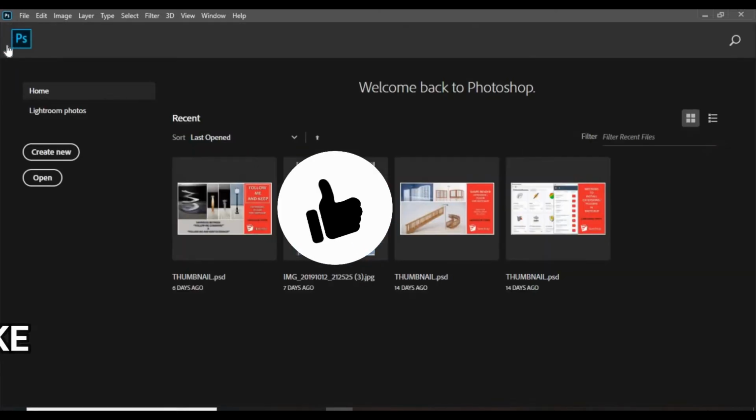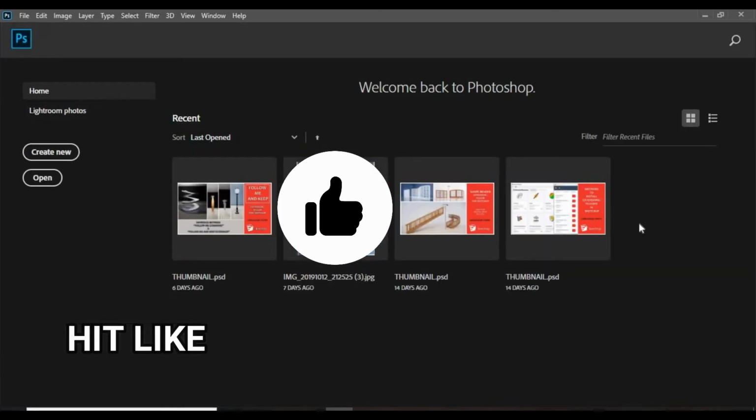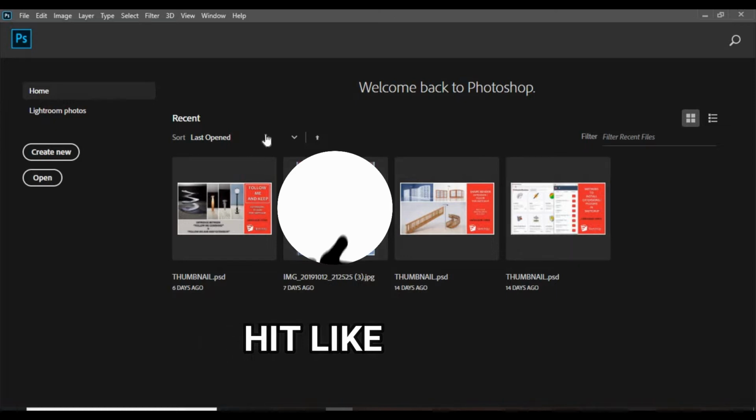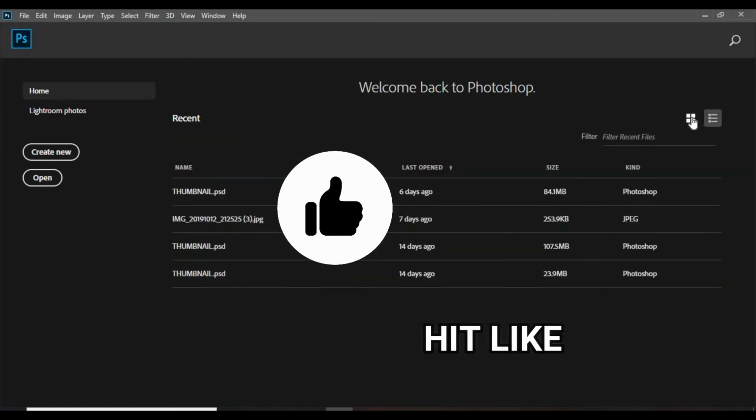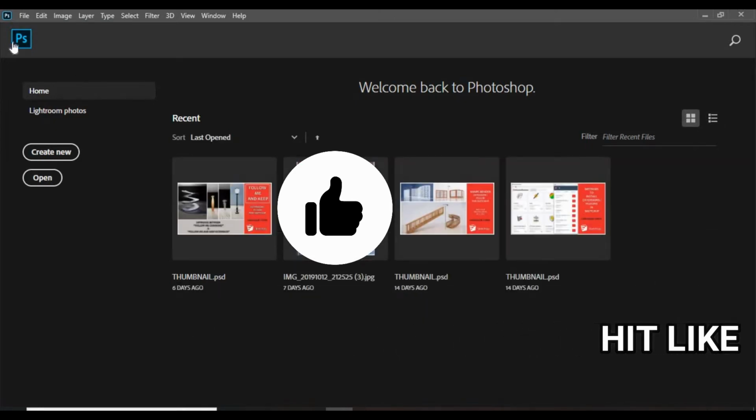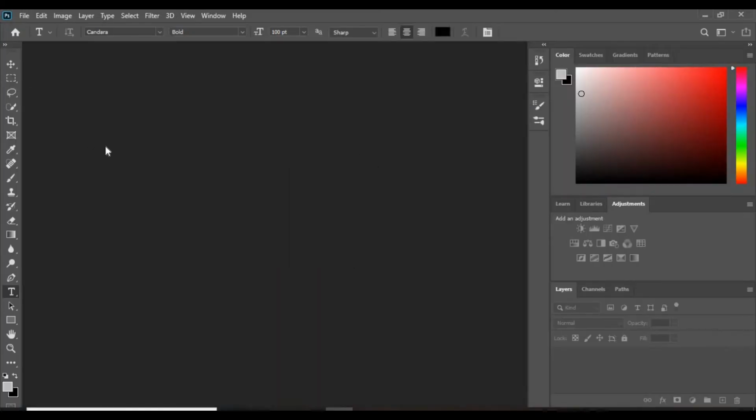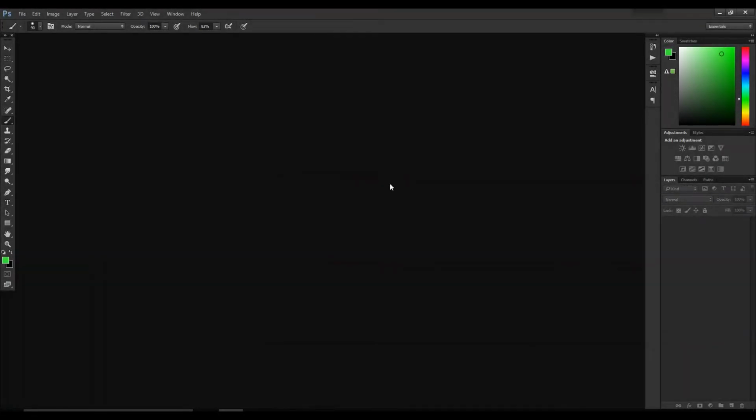You will get to see the thumbnail of your work. So in case you don't remember the name, you can also get your files by looking at the thumbnails. But the only demerit is that this feature is only available in the very latest versions of Photoshop, that is 2019-20, not in the prior versions. But it's not such an issue because you have other two options as well, and that's more than enough to get back to your files. So that's all about this tip.